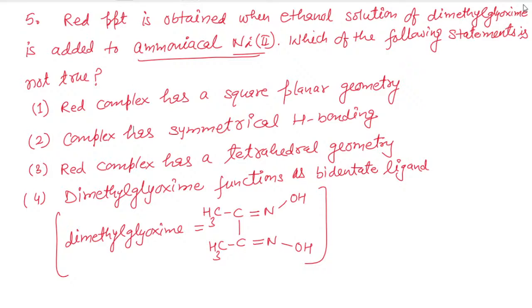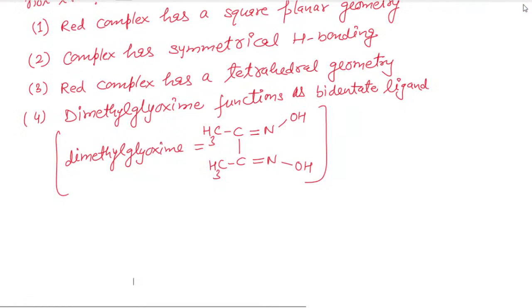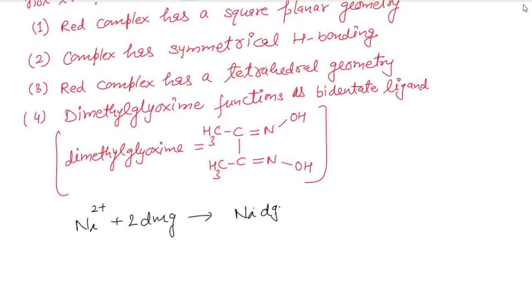You know, nickel DMG complex is formed when nickel 2 reacts with DMG, then we get nickel DMG twice. Okay, so obviously it is a red colored complex. Okay, and the